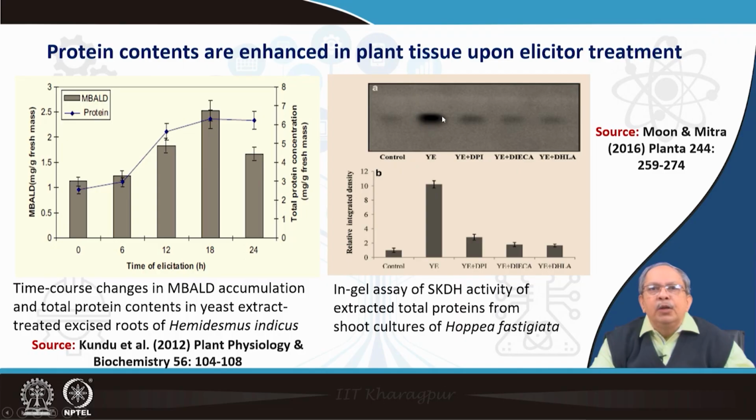And this is one example of one of the early enzymes of the shikimate pathway, which is called shikimate dehydrogenase, and this is the in-gel assay. This basically shows the amount of active protein detected in the gel. What you see here is that when treated with the yeast extract, compared to control, maximum protein is produced, and this is with different inhibitor treatments. So the pathway is blocked, and accordingly the enzyme protein is blocked. From there it is clear that protein contents are enhanced in tissue culture upon elicitor treatment,